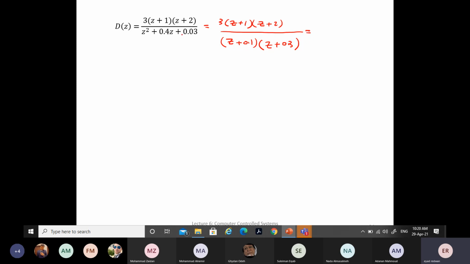Now this also I can write in terms of z inverse by dividing by z squared both the denominator and the numerator. I have a 3, here I get 1 plus z to the power minus 1, and here 1 plus 2 z to the power minus 1, over 1 plus 0.1 z to the power minus 1 multiplied by 1 plus 0.3 z to the power minus 1 as well. So these are two first order terms,